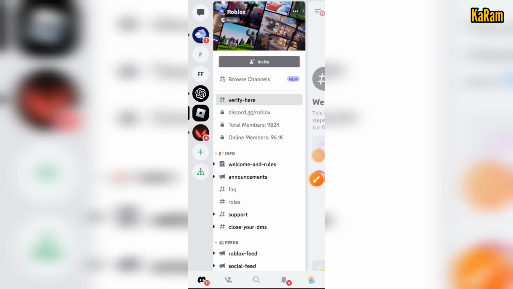Hello friends, in this video I'm going to tell you how to make Discord custom stickers and upload them on a Discord server. So guys, first of all we have to download the image that we are going to convert